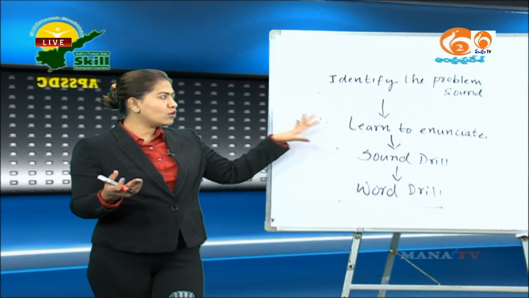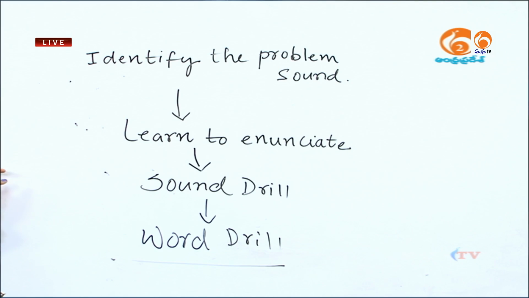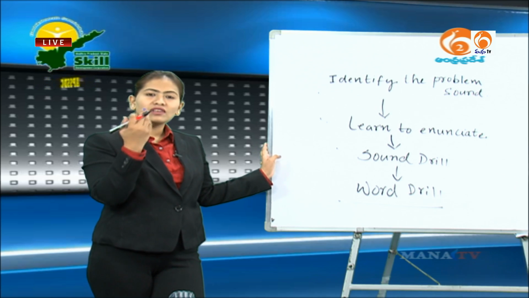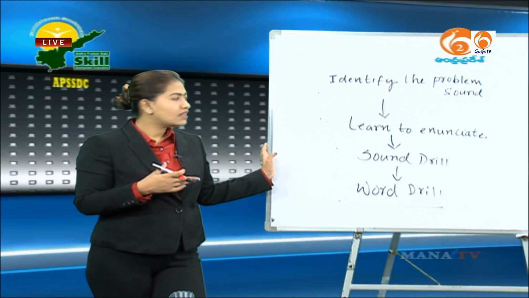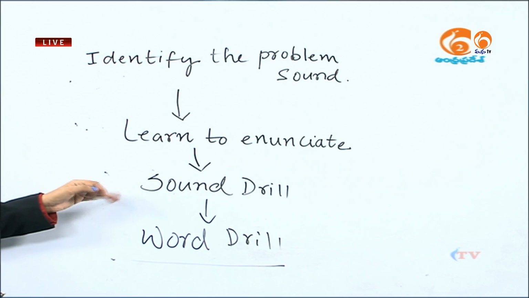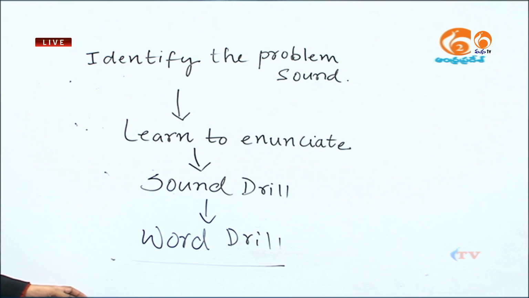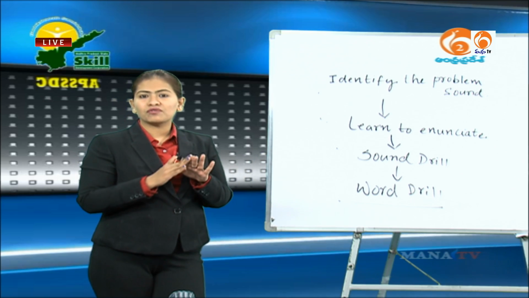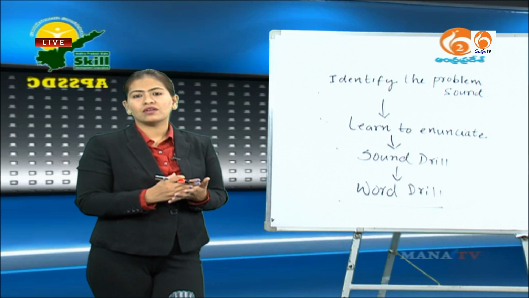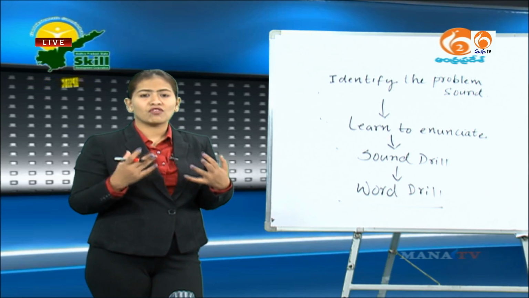This is one of the most vouched techniques to get the pronunciation, of course, at its best, to learn to get the sound correctly. So once again, identify the problem sound, learn to enunciate it. Then there's a sound drill that you're supposed to follow with a word drill and sentence drill. So this is something you can do for any sound that you're skeptical about, that you're doubtful to get right in one go, and also you can do it for the sake of practice for all the 44 sounds, to achieve the mastery.